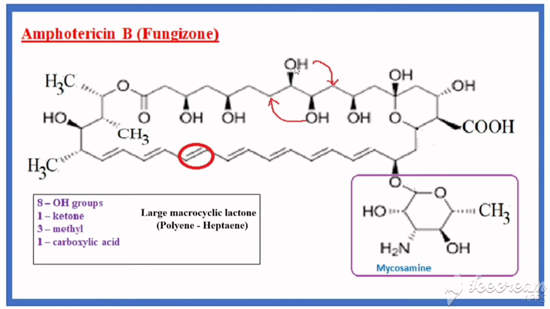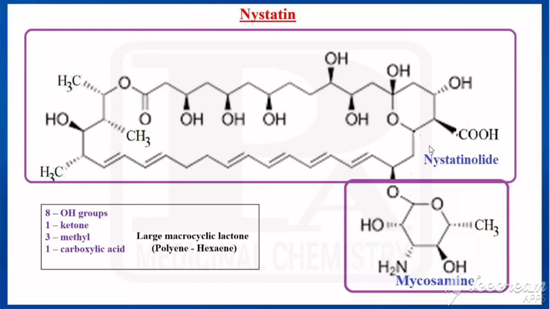Here this hydroxy group of amphotericin B is moving from here to here, and similarly this hydroxy group is moving from this carbon to this carbon, and the third, the double bond, that was absent. So everything other than that is the same as that of amphotericin B. So that would be the structure of nystatin. So it is having two parts. One is a large macrocyclic lactone ring having conjugated double bonds, that is an aglycone, and that is connected with a glycone by means of a glycosidic linkage.